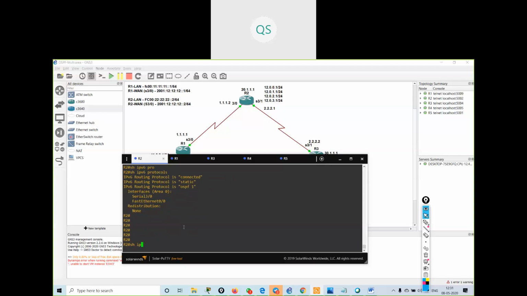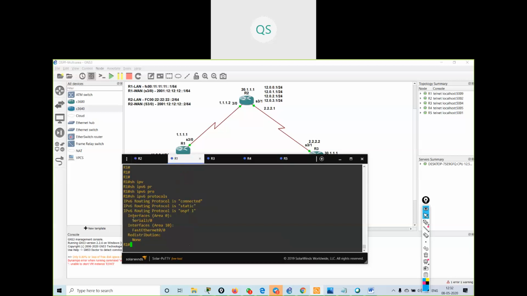Show ip route. See over here, I will get OI routes, 11 network, other area routes, inter-area routes.